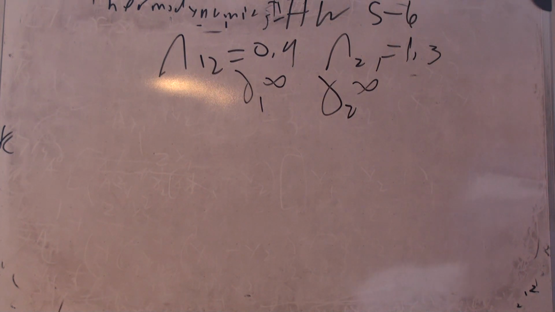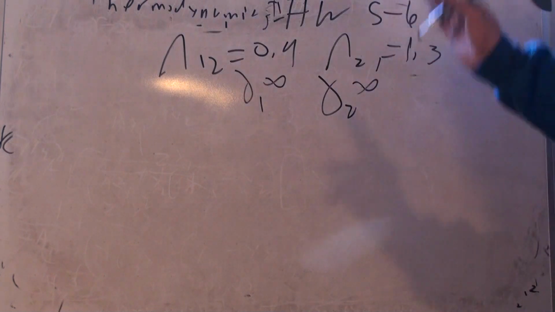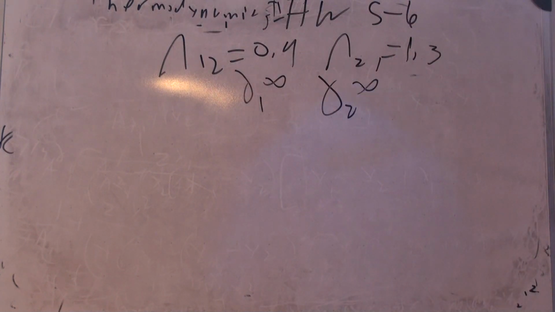Now, for the sake of time, I'm going to skip that because number 2 gives you gamma 1 infinity and gamma 2 infinity, and you have to solve for lambda 1,2 and lambda 2,1. So I'm just going to assume that you did that problem and that you know how to get to the equation. Okay, so if I look back at my notes,